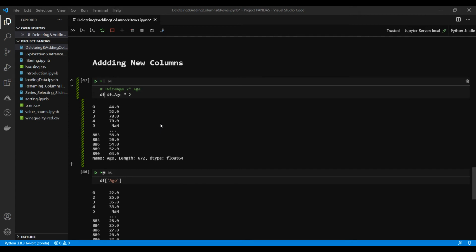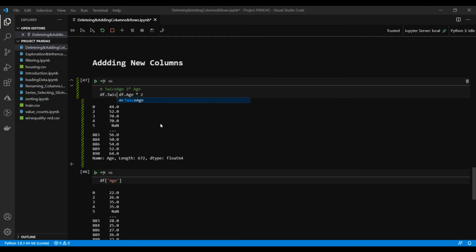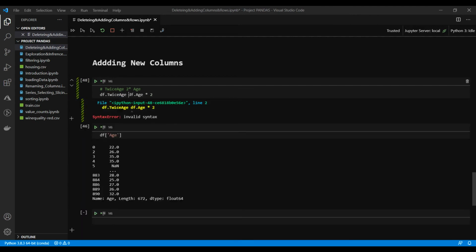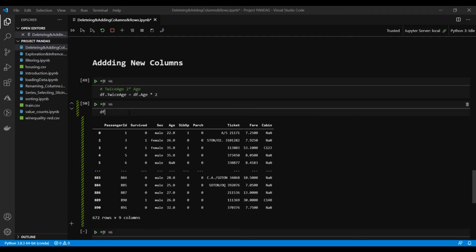So what I could do here is, let's first try the dot annotation. df dot twice age, sorry, is equal to,